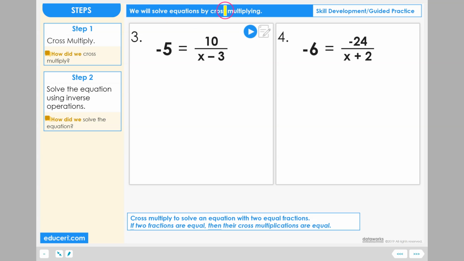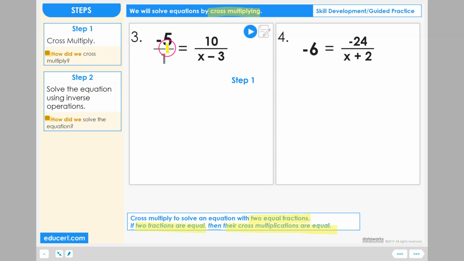Solve equations by cross-multiplying. Cross-multiplying is a technique we can use when we have an equation with two equal fractions. We know that if two fractions are equal, then their cross-multiplications are also equal. Step 1. Cross-multiply. So we're going to take a look at the -5 as a fraction over 1, and let's